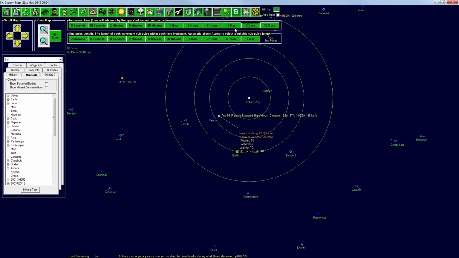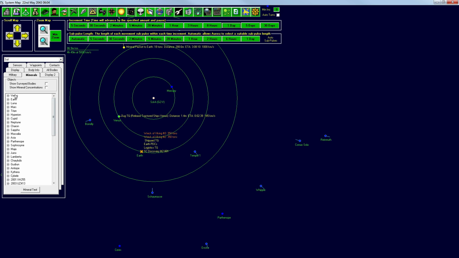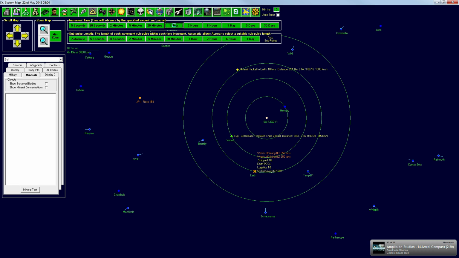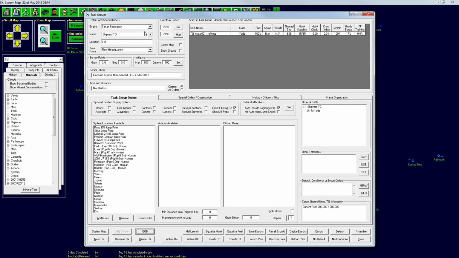Got redirected. One day. Stop focusing on that, please. Release tractor chips. ETA 2 hours, 39 minutes. Tug has completed its orders, and it carried out orders to detach any tractor chips. Now, we should be able to go to the now released AM Gold class and give it an order on